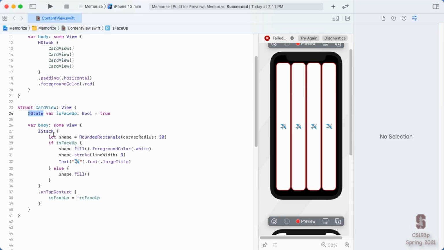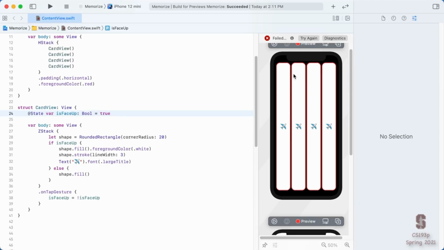And then when the drag's over, then I don't care about the state anymore because my logic will have changed presumably. Or you can use it just for state that only affects the way your view is displayed, not the logic of how your UI is playing a game or whatever. So we'll use this little @State. Notice that the error went away. Now we are able to do this isFaceUp.